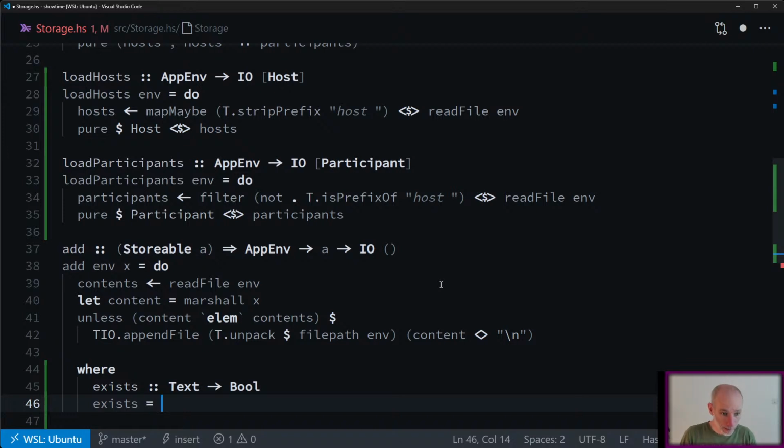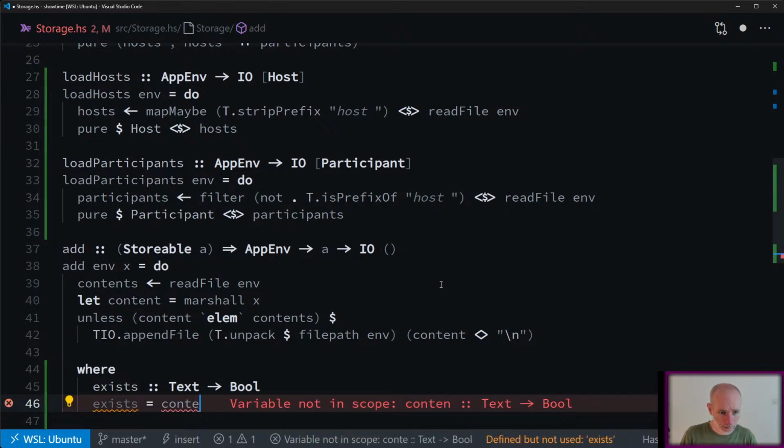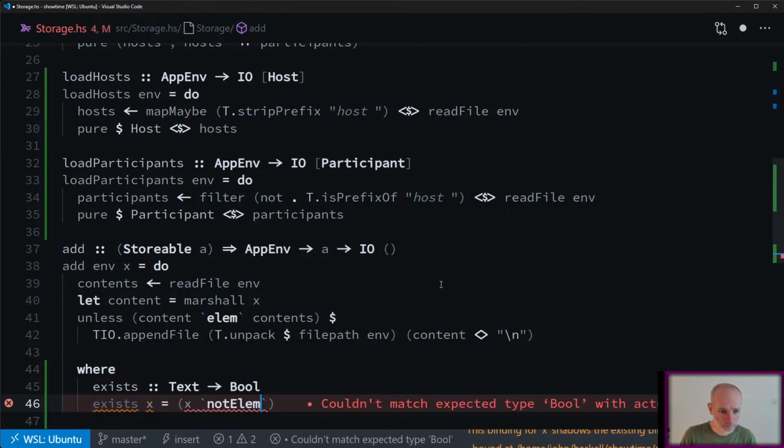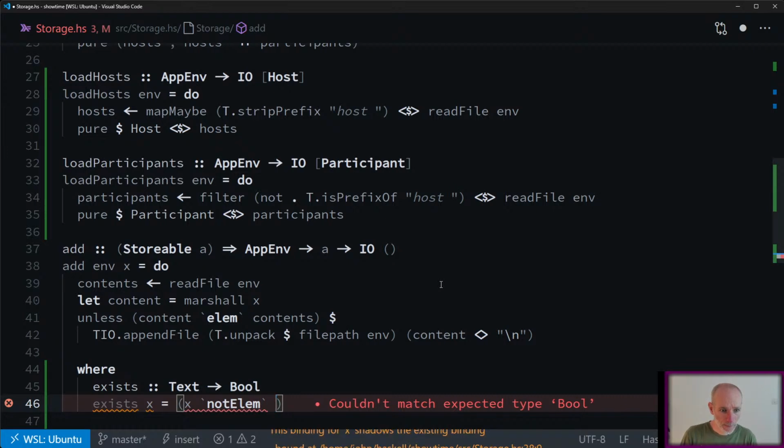And this is going to be, like you say, exists some x, and we say x is not an element